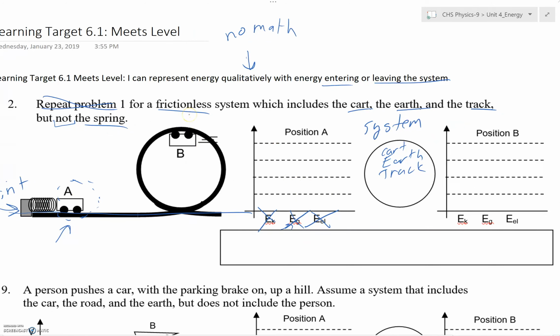In the end, however, we have the cart being some height above the ground or above our reference point. So we have to have gravitational energy. And it looks like here that there's some velocity that shows us that the cart's moving. So we have to have kinetic, but no elastic again, because there's no spring being stretched or compressed in the system. So we have to have energy in the system in the end.